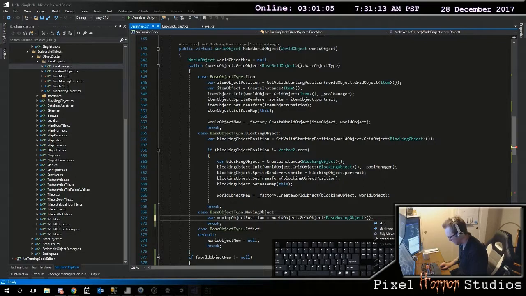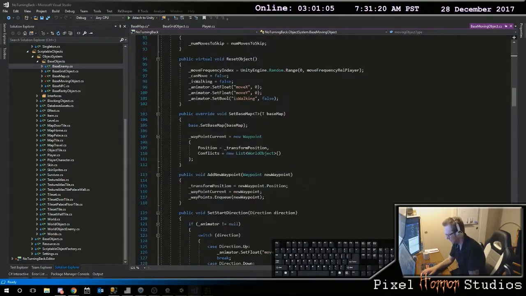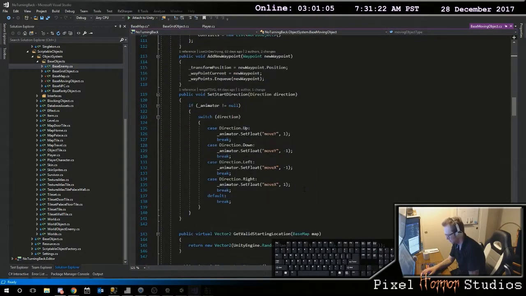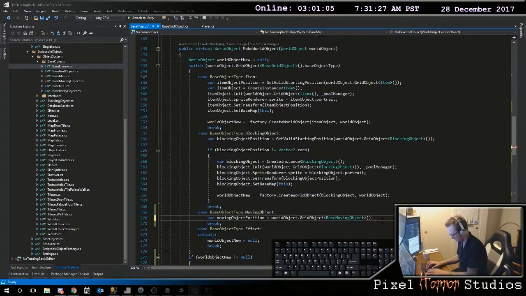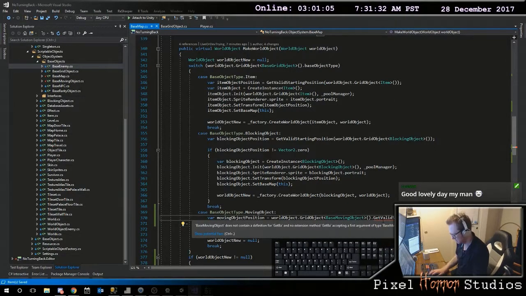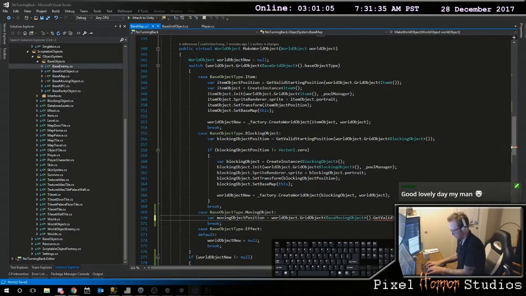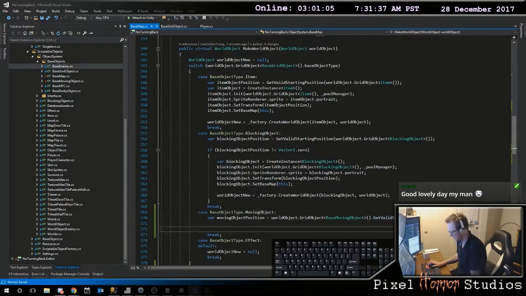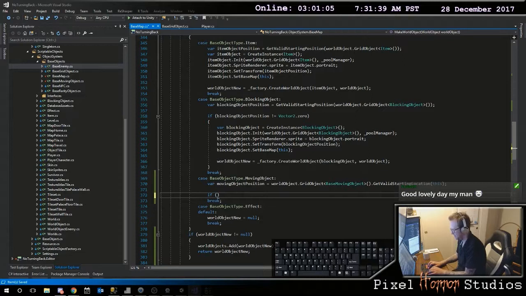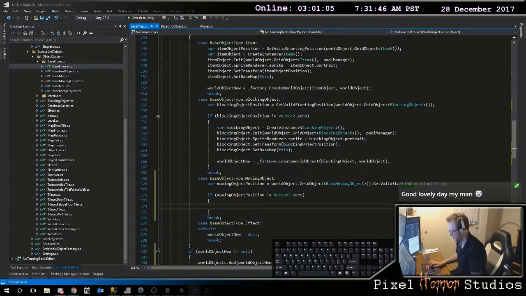Let me see here. So this base moving object needs to have a, I just put it on there. It was the method that was get valid starting location. Like that. And you need to pass in your map, which is this. So now if my moving object position does not equal to vector2.0, then what you want to do is you want to